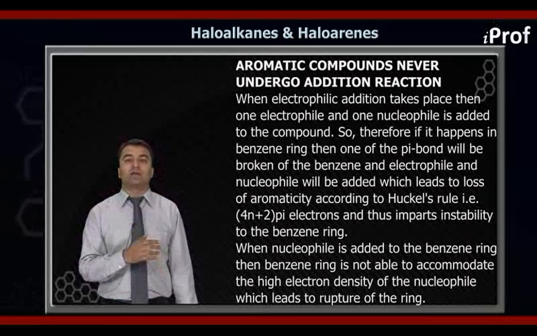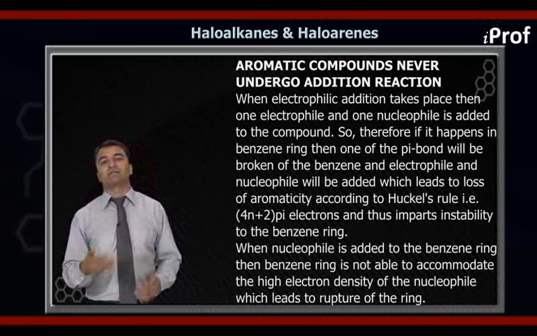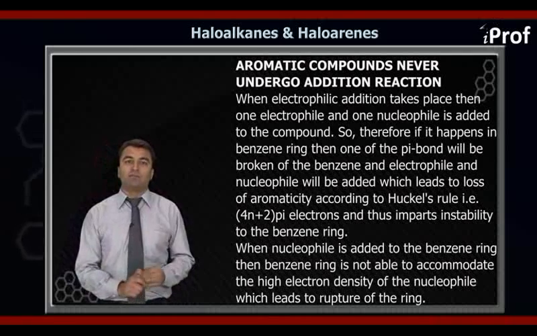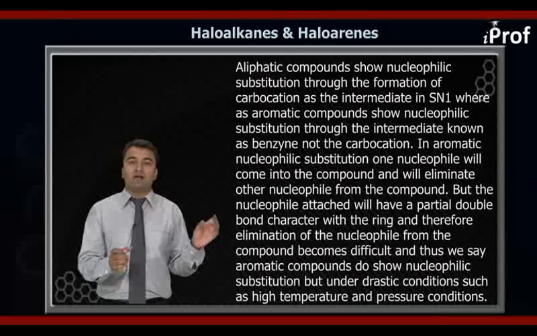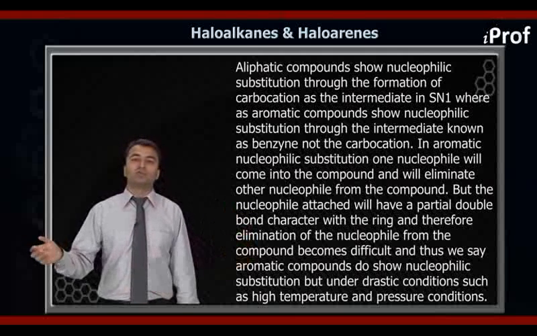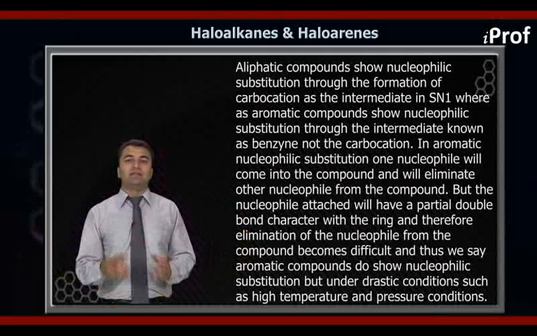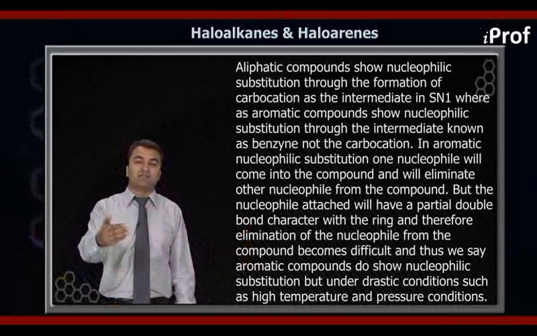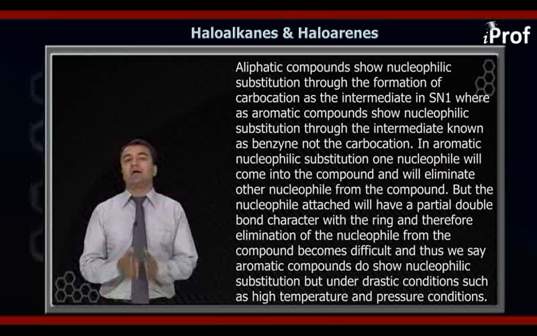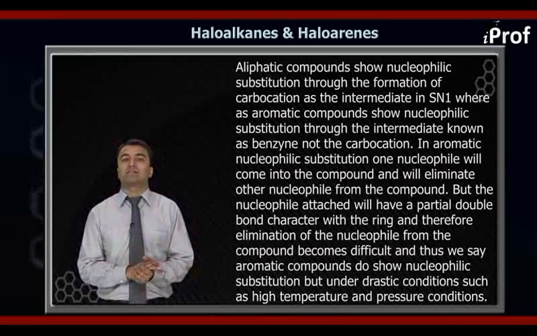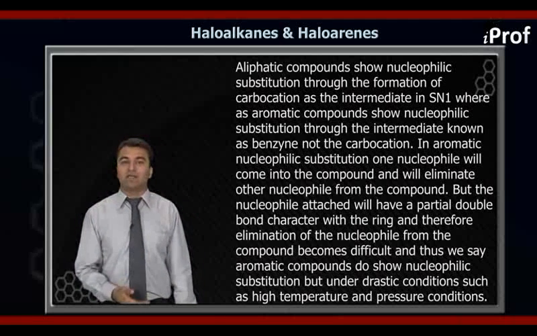And in the aromatic compounds, when we have nucleophilic substitution, we again have SN1 and SN2 types. But the major difference over here is that in case of the aliphatic halides, or aliphatic nucleophilic substitution, in the SN1 it is through the formation of an intermediate known as a carbocation, whereas in case of the aromatic SN1 substitution, it is through the intermediate known as the benzene, not the